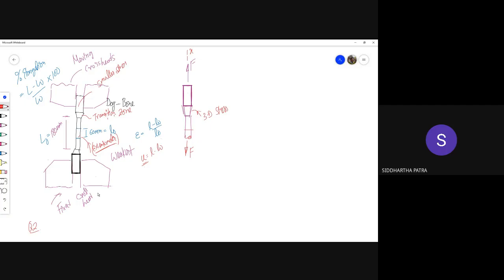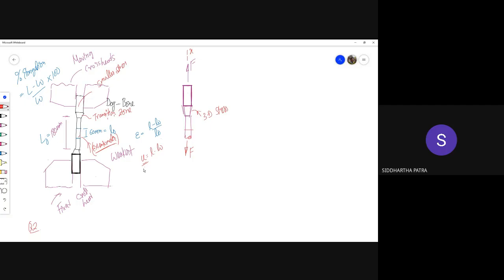The same thing happens in the tensile test. So let's say in the Viva, I ask you, what did you measure in the tensile test? The answer is not that I measured strain and I measured stress, because you cannot. For example, if I ask you to give me the area of the room that you are in right now, you would not be measuring the area directly. You would be measuring the length and the breadth of the room, and from that, you would be calculating the area. So there is a difference between what you are measuring and what you are calculating.